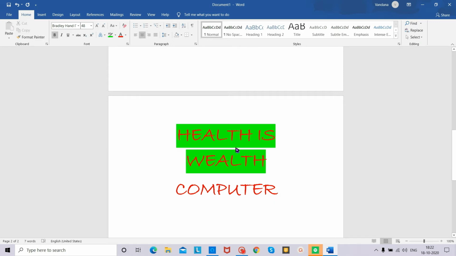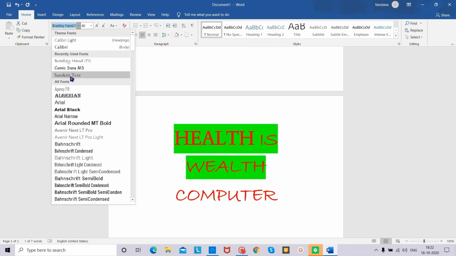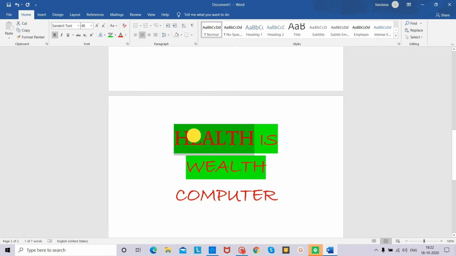Now applying bold. Suppose you want to emphasize the word health more. So what I will do, I will select health, then I will click on bold. It was already bold, so I will take a different text style first of all. Okay, so first of all I will show you the simple one.